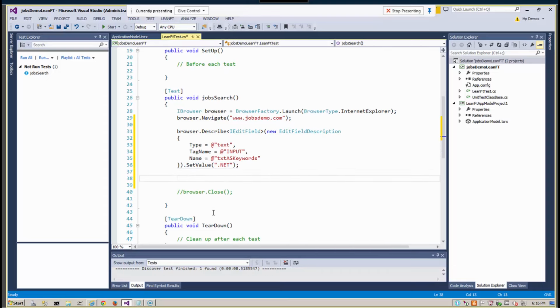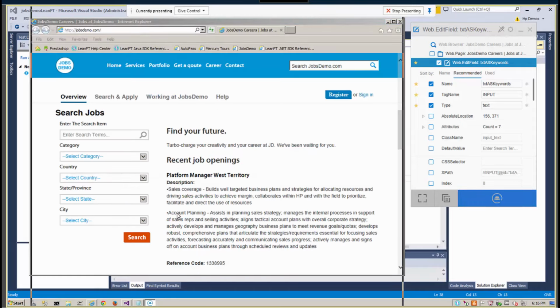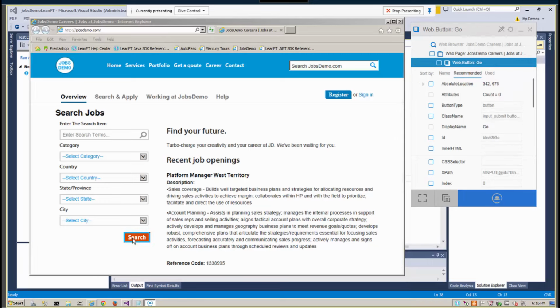And then if I wanted to continue on, I could click the spy button again, and then click on search. And this is the search button, and in this, instead of using these three attributes, I'm going to use XPath, because I like XPath better, especially when I'm working in one of the IDEs. So if I click Generate Code,